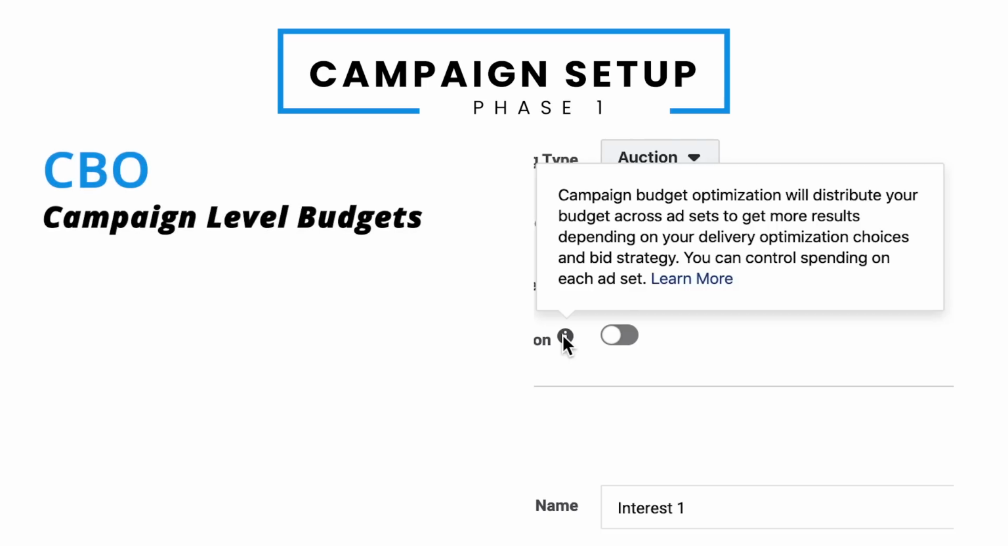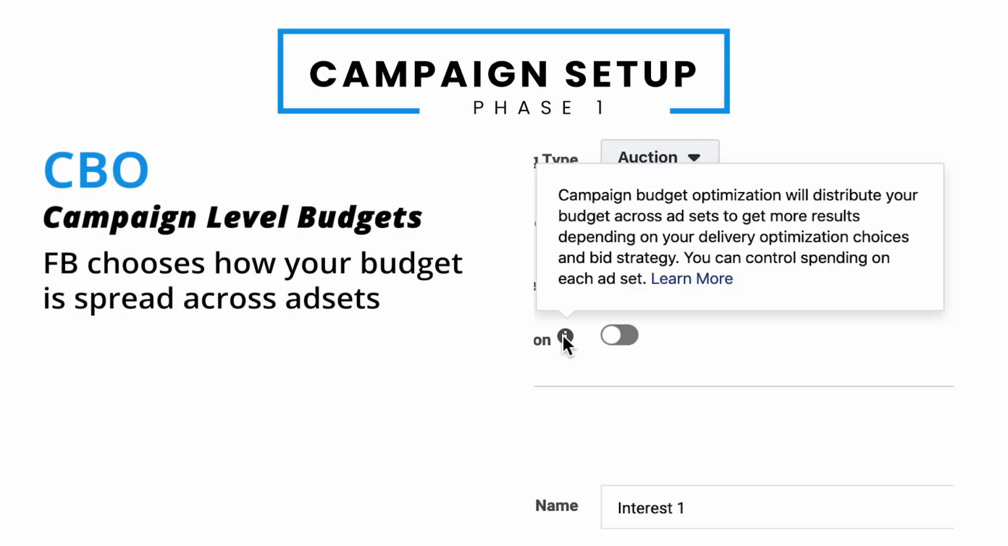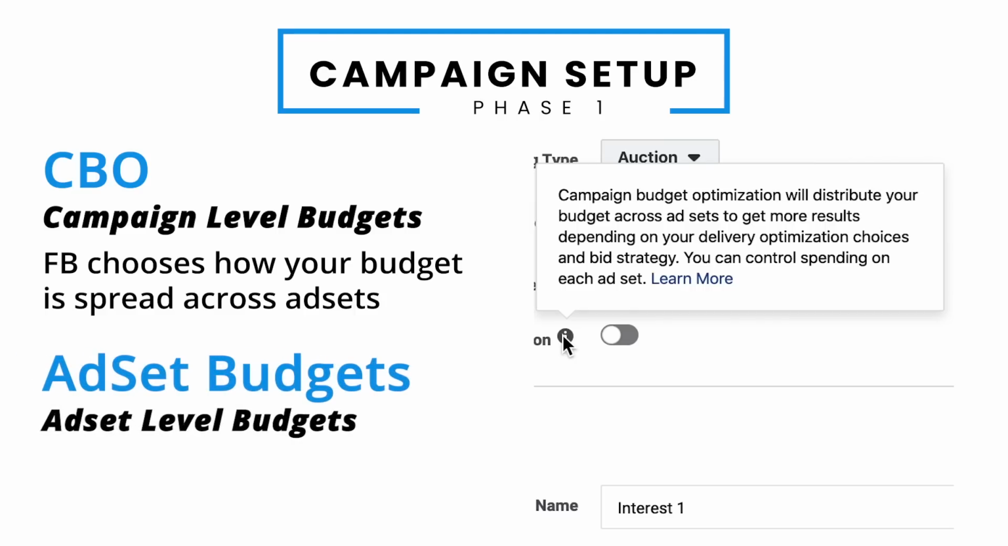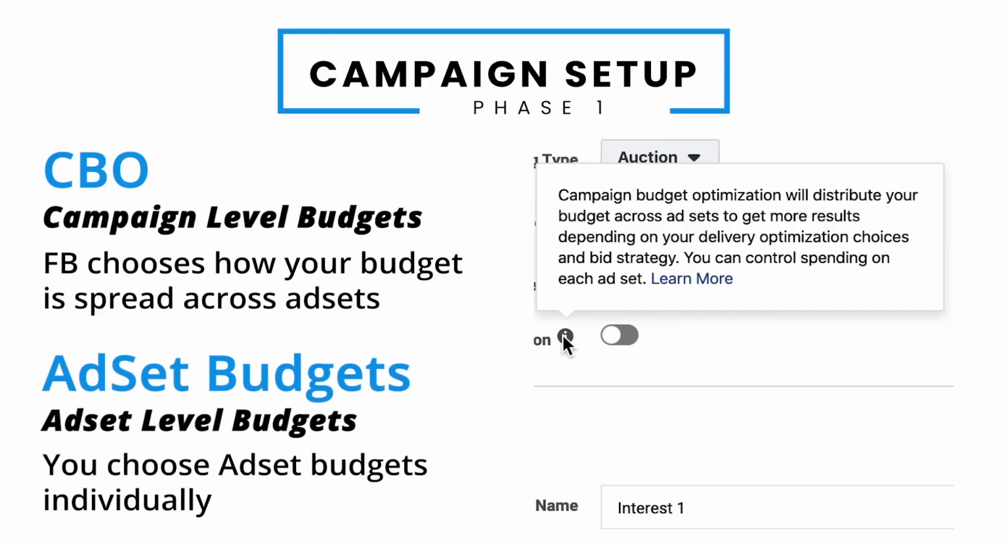Turning on the CBO feature will let Facebook decide how much of your daily budget to allocate towards each ad set for the best results. Turning off the CBO feature will let you control the daily budget for each ad set yourself, rather than letting Facebook decide. The advantage of the CBO feature is that Facebook's algorithm can make decisions based on the data from all of the ad sets as a whole, whereas with the ad set level budgets, Facebook can only make decisions